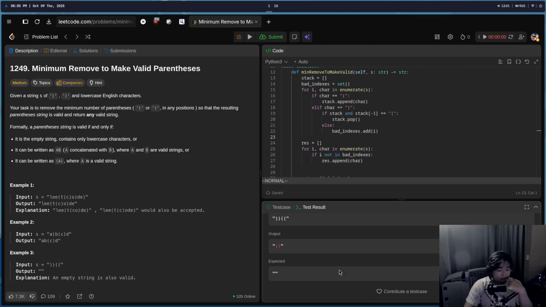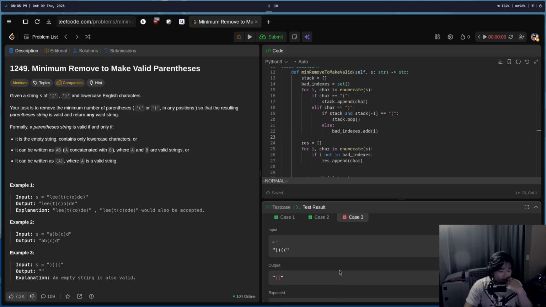They have one, but this one is, what am I doing wrong here? If I do this, then I gotta get rid of that. Wait, so character is this one. So we do this if stack, else add that, and then here